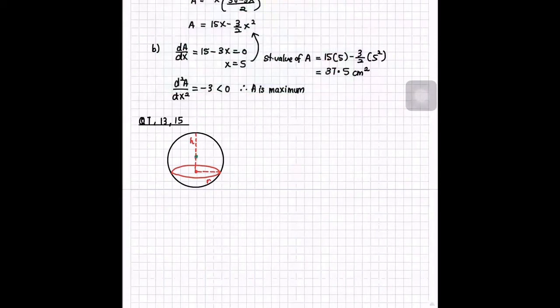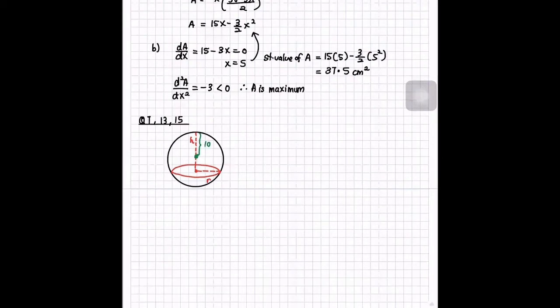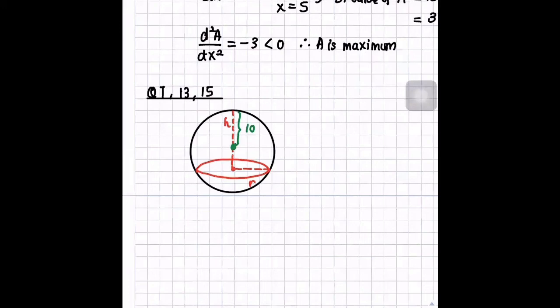Okay, so literally it's going to be here. Let's say this is the center. I know that now this is 10. Where else is it going to be 10? The only thing you can say is, oh miss, if the upper part is 10, then I know that here it's going to be h minus 10. Here, I'm very sure this is a radius. What do you see? I can see a right angle here.